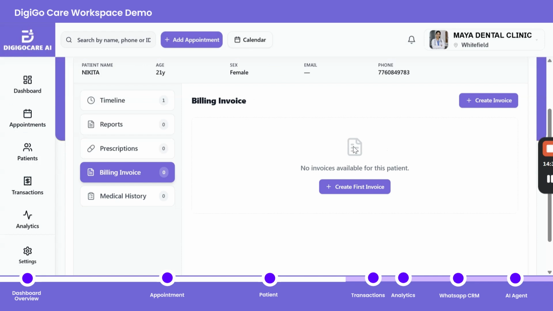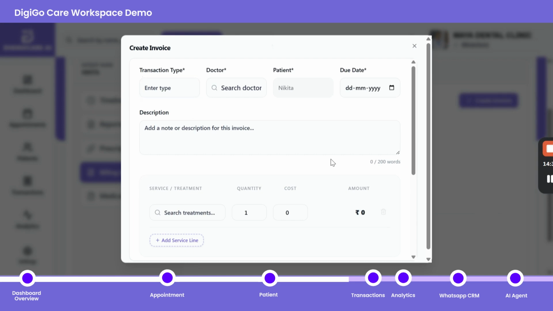So now let's complete the patient journey with billing. Inside the patient profile, click create invoice and enter the appropriate treatment or service information and billing details. Review everything carefully.